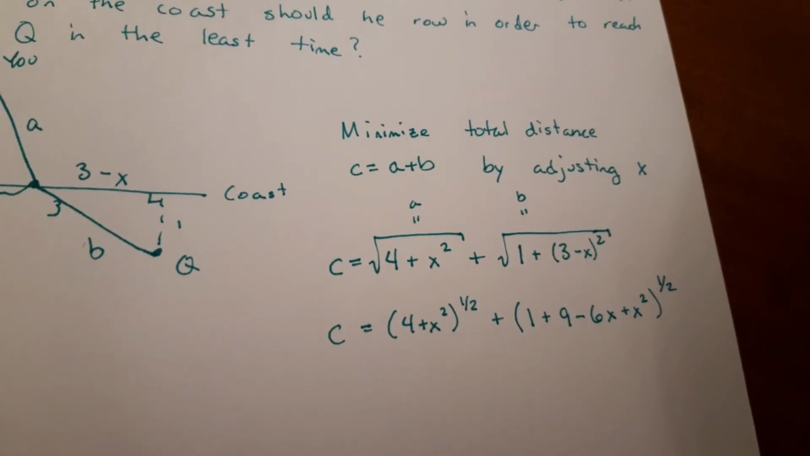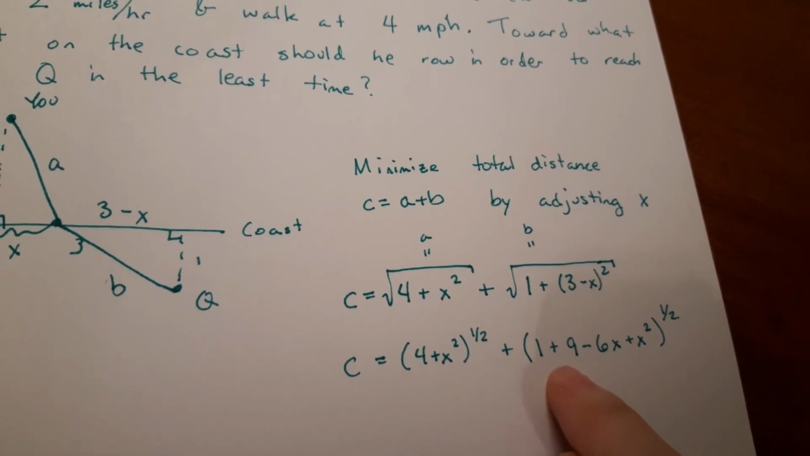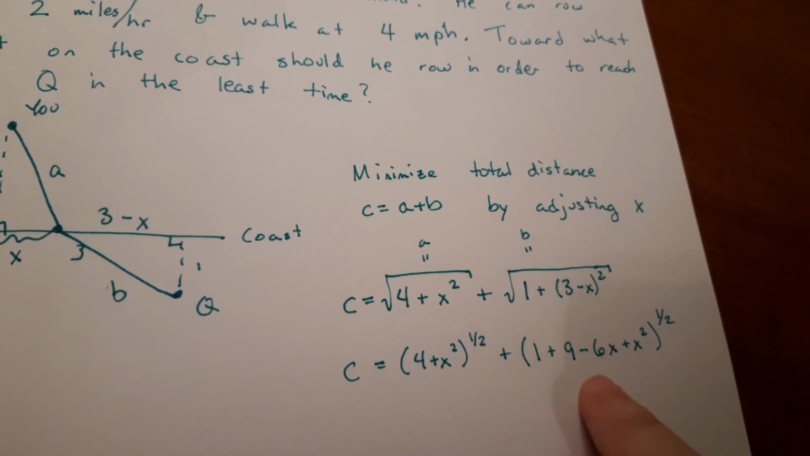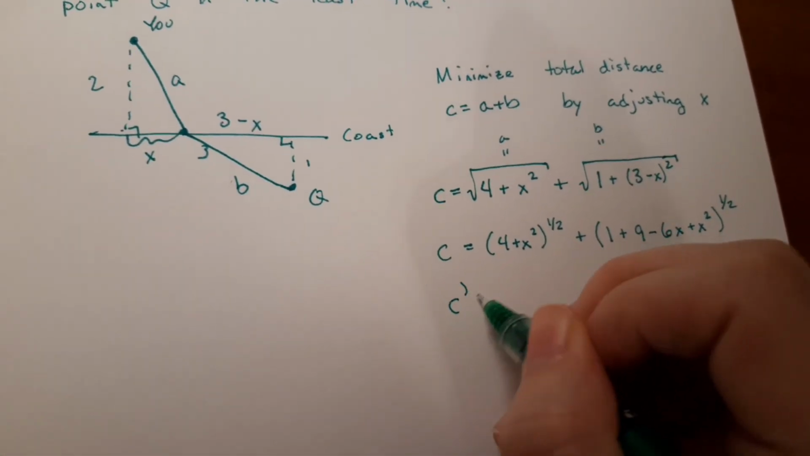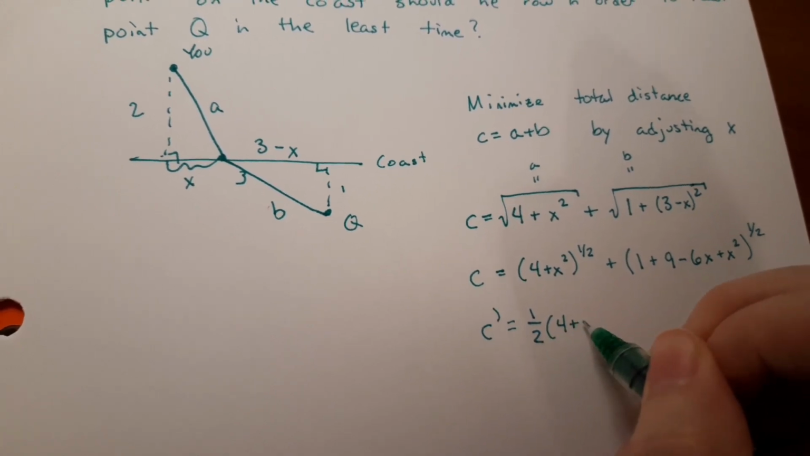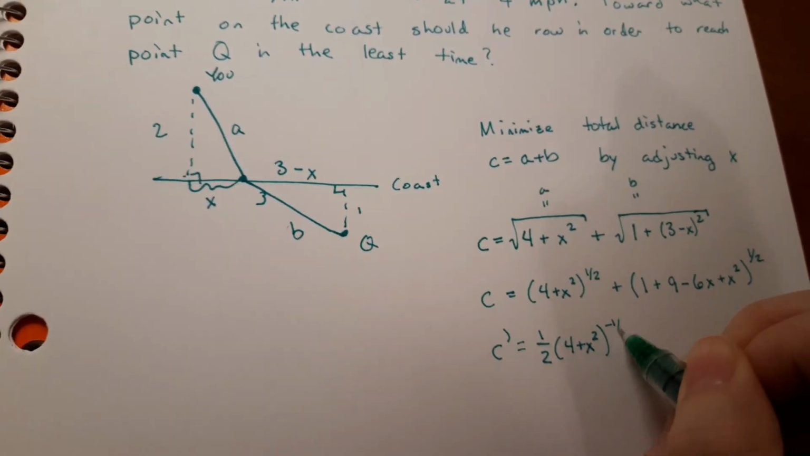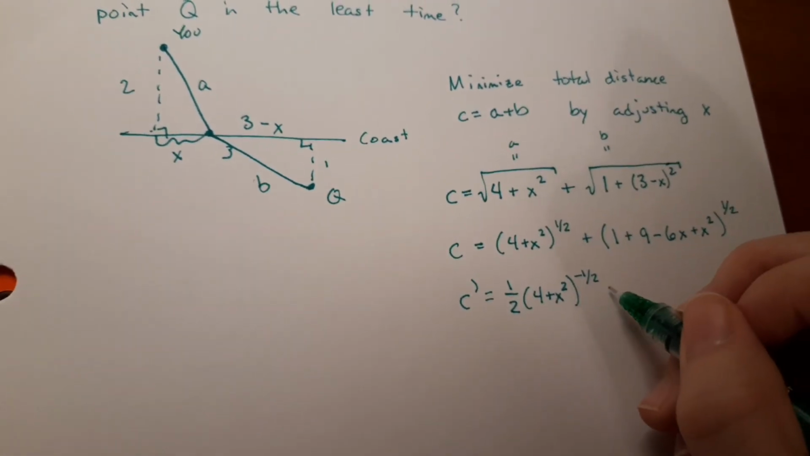Okay, so this 1 plus 9 will give us 10 whenever we go through and take the derivative, so just know that that's going to change into 10. And so C prime is equal to 1/2 times 4 plus x squared to the negative 1/2. So that's the outside, and then times the derivative of the inside, which is 2x,